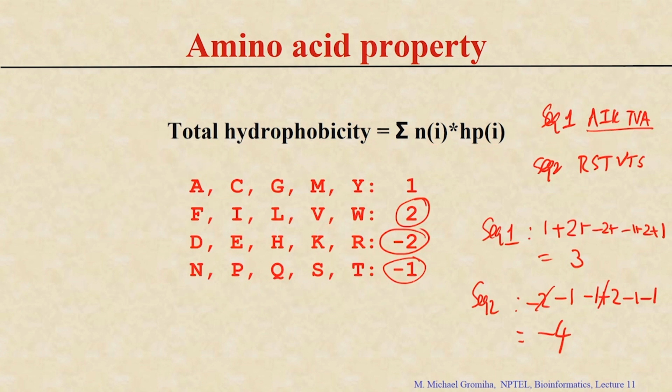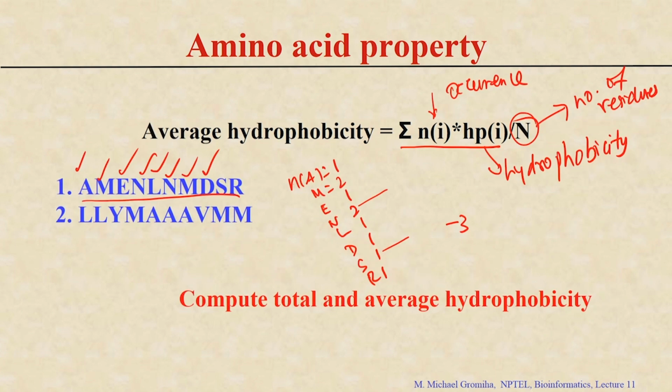And in the group D E H K R, H is not there, so 1 2 3, 3 into 2 equals minus 6. Then A C G M Y, this is 1, this is 2, this equals 3. L equals 1, that is 2. So the total value equals